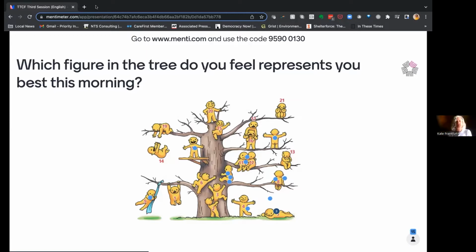Kate? I think it's interesting to do the exercise because, at least for myself, I'm not always aware of how I am feeling. I mean, it's not that I'm detached from how I'm feeling. I'm not always paying attention to that when I enter into a meeting. So this gives me a moment to stop and think, how do I actually feel today?